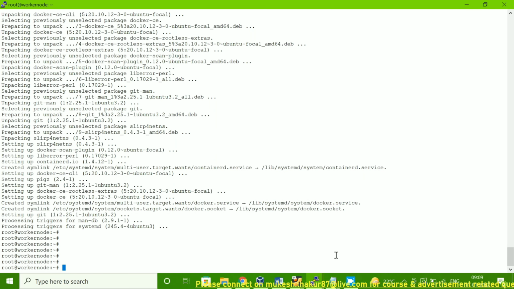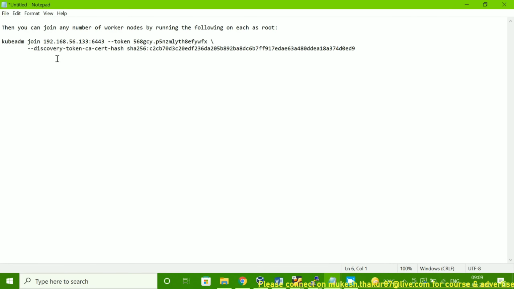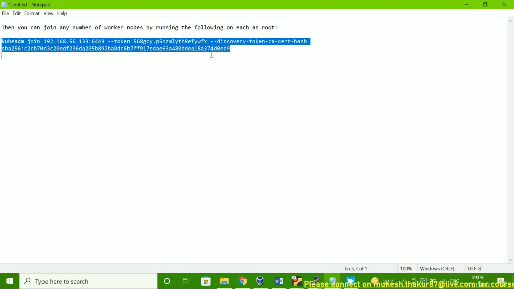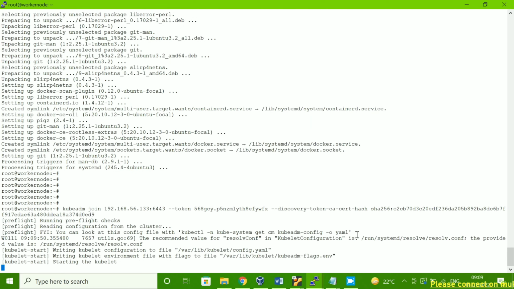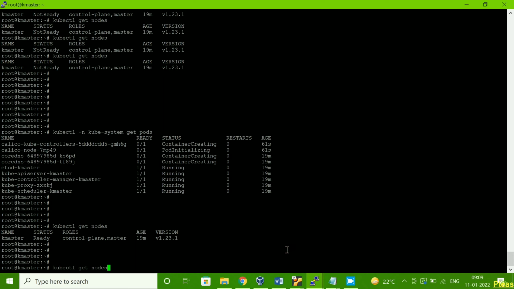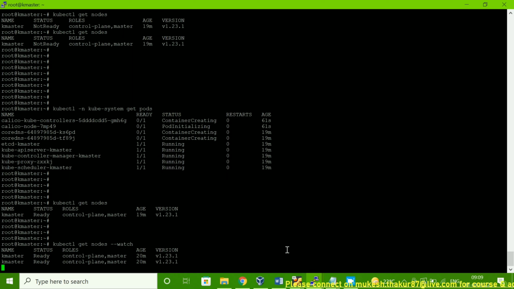Okay, now what we have to do, we have to run this command on the worker node. On the worker node we have to run this command. Now we will use watch. Let's see whether my worker node is being added here or not.